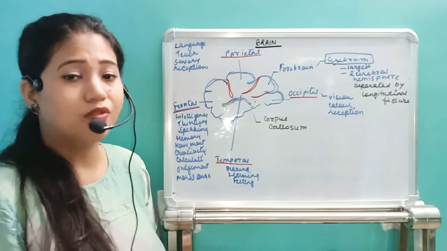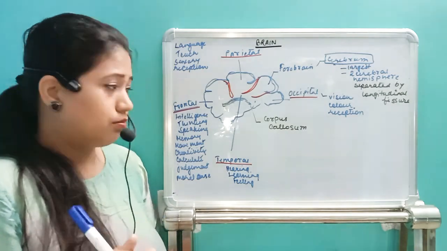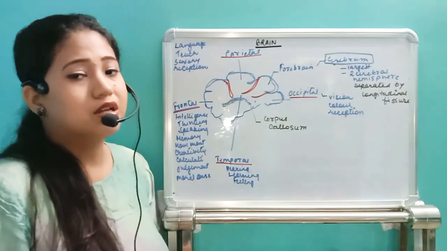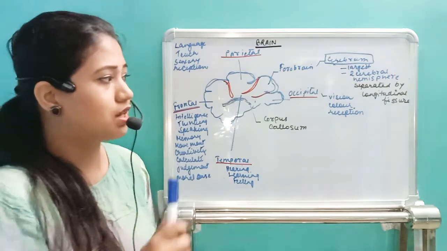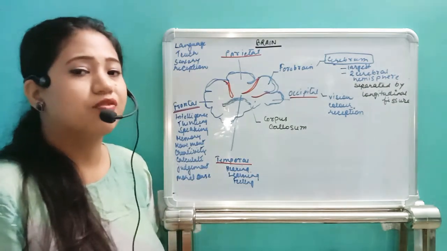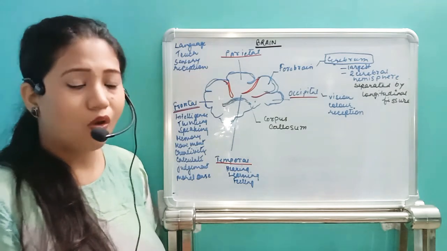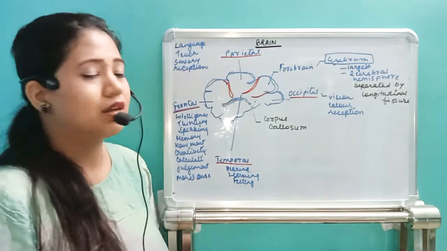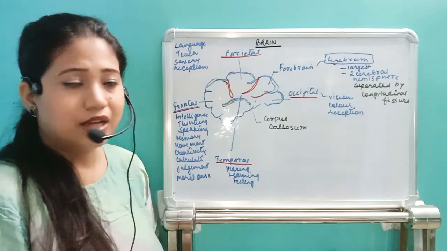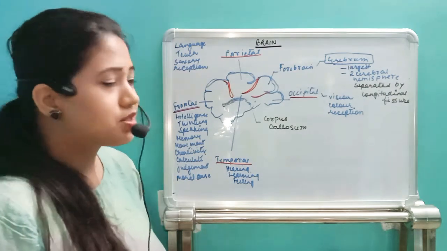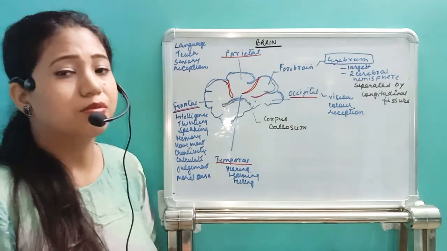This is because of the presence of this vision center. The reception of color and vision is all situated in the occipital lobe, right? So that is about the first part, that is the frontal part,